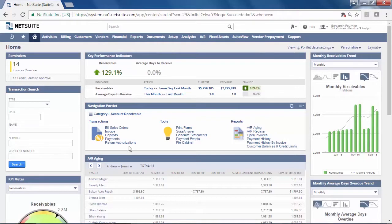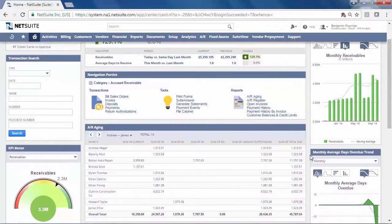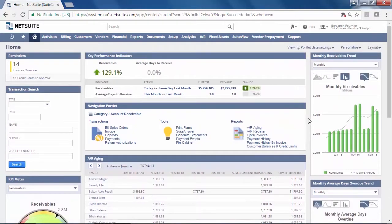Here we can see an accounts receivable aging report, different trend reports, as well as links to functions such as payment and collections data, customer information, reminders, and any other function they would use on a regular basis. So going back to the controller role,